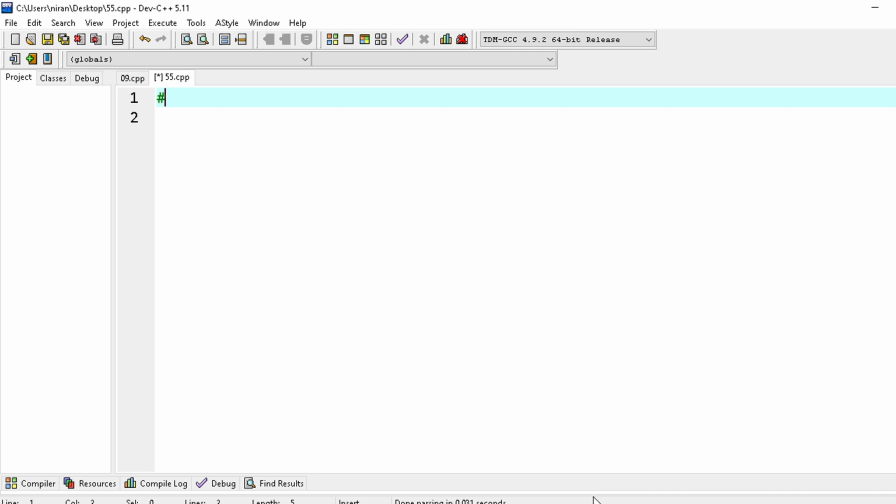At first, the preprocessor directives, then the header file stdio.h, the standard input output header file, which contains all types of standard input output functions, including printf, scanf, getchar, putchar.